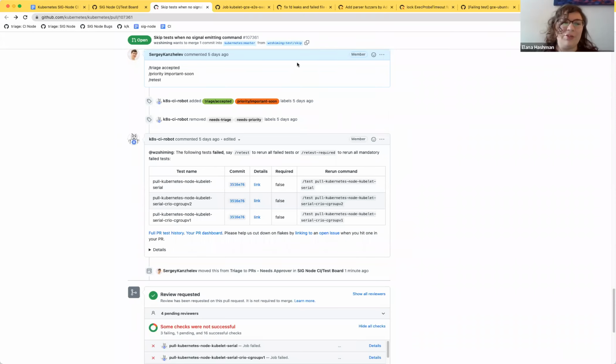I'm not sure why these are failing. At some point I reran the test because there was a typo that was causing the test to fail immediately, but now I'm not sure what's causing them to fail.